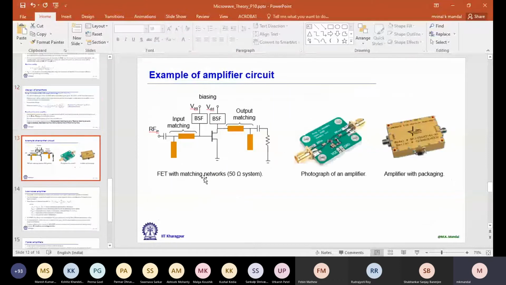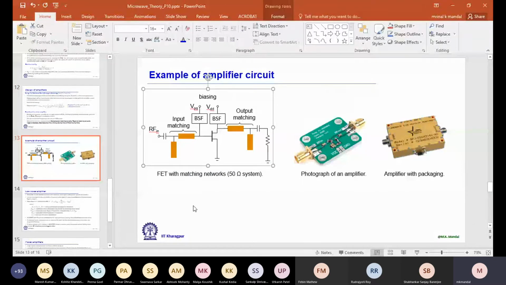Now let's see practically how a transistor amplifier looks. In this example, I am showing it by using a FET. It can also be done using a BJT. So here two things are important. One, we have to connect it to some DC source and fix the bias point first, the Q point. And the second one is the impedance matching network design under the stability condition.